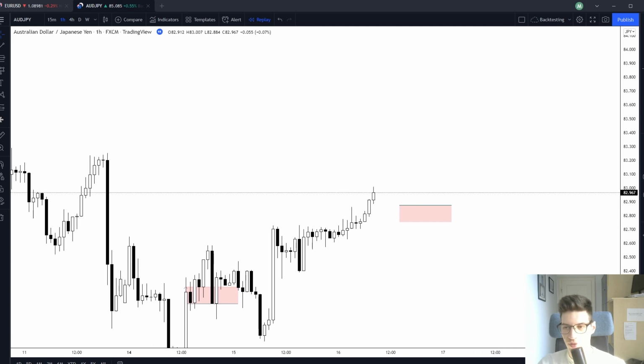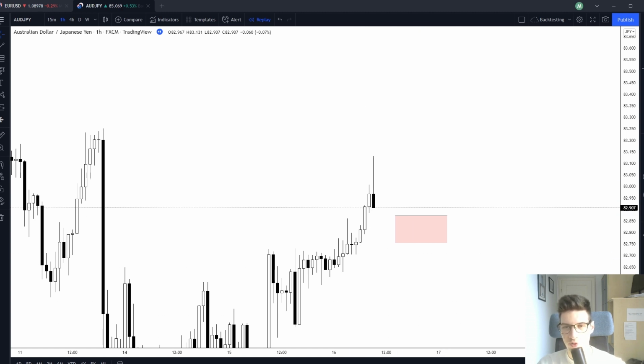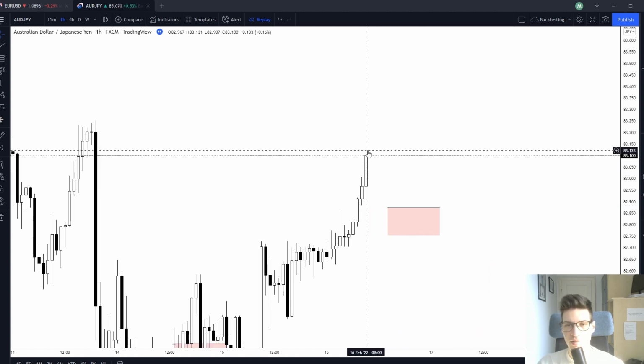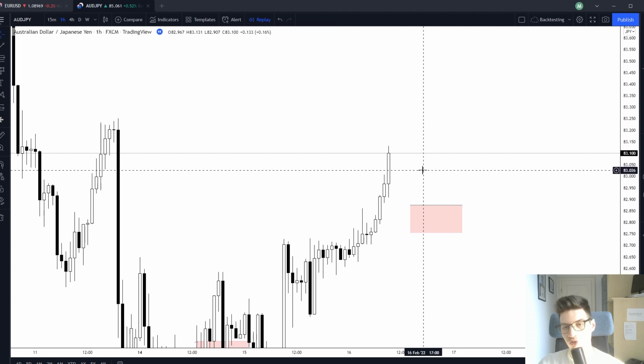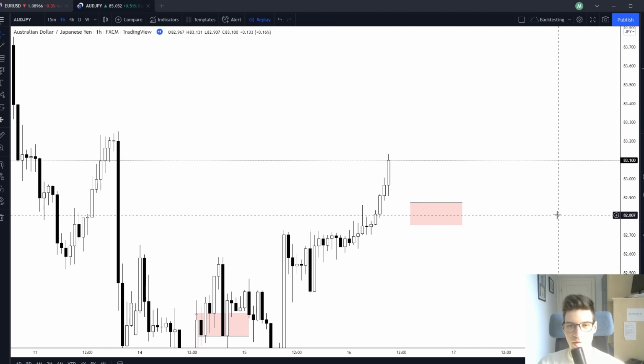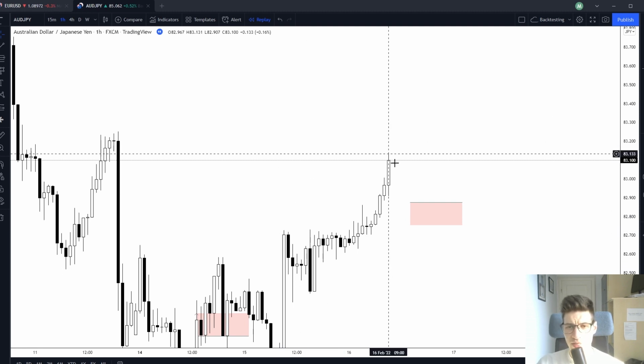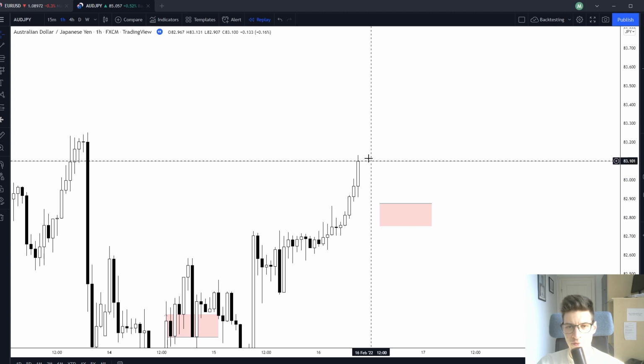And after these candles formed, I was very happy to look for a long trade, especially after this candle, which really showed me that the price wants to go to the upside, and that we are now starting to form a really nice uptrend. So at this point I did wait for a bit more candles, because I didn't want to